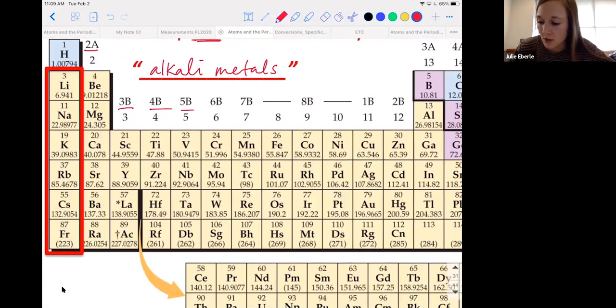I'm gonna ask you a question. What if I dropped a piece of cesium into some water? What do you think would happen? Okay, Summer already answered that question. The further you go down in that group, the more intense the reaction would be. So you think it'd be more explosive, more immediate, more instantaneous. And then francium probably even more so, right?